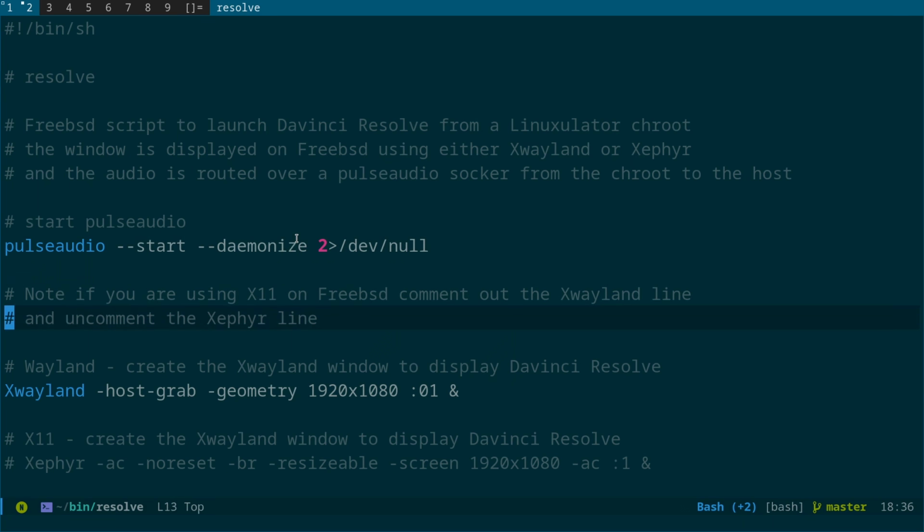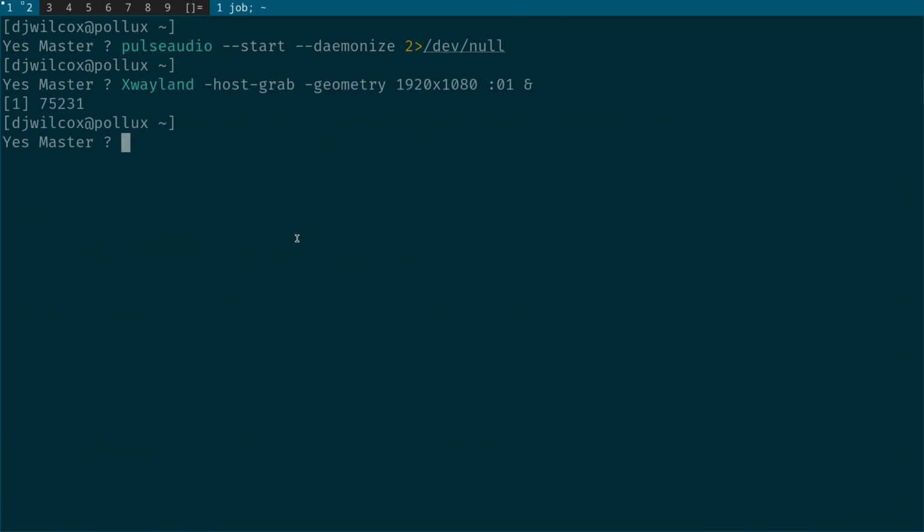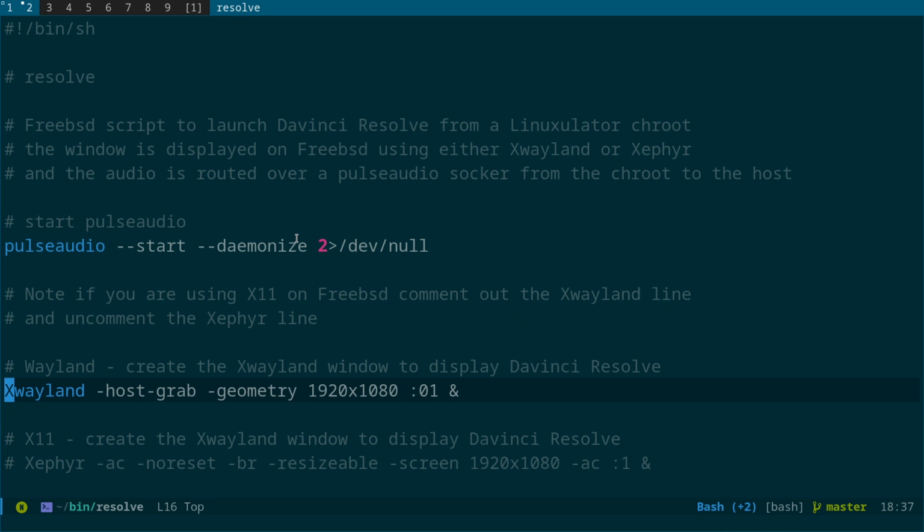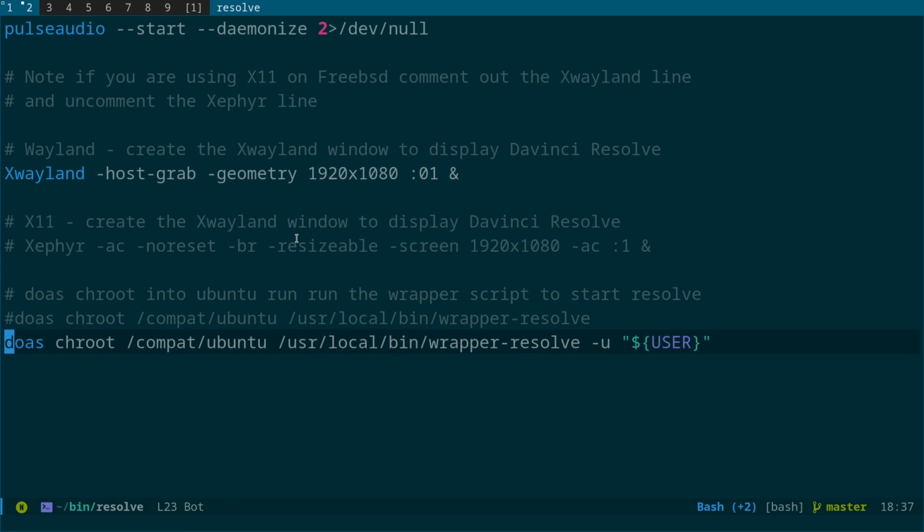The next step is we are going to run this command here to open an Xwayland window at 1920 by 1080 with an ID of 0. If you're using X11, you can use Xephyr instead, listed below. So what this is going to do is open a display. As you can see here, I'll put that full screen there. And then what we're going to do finally is come down to this section,